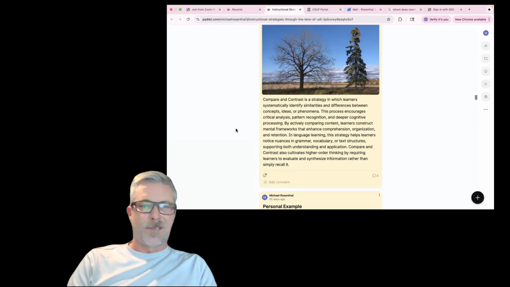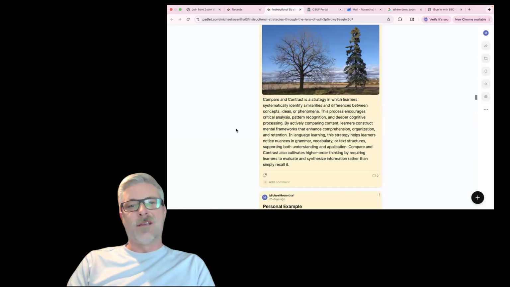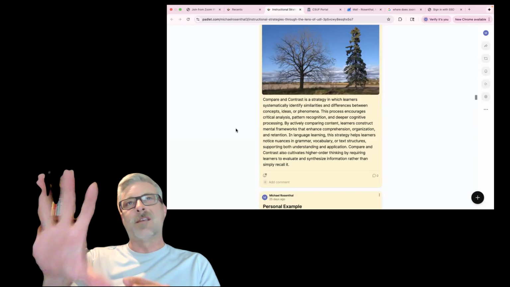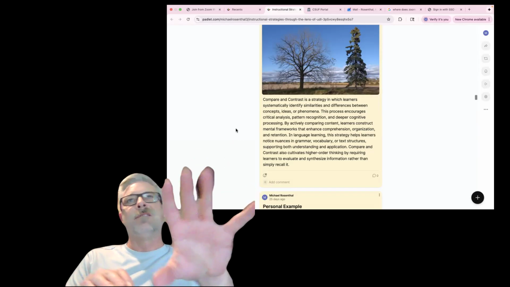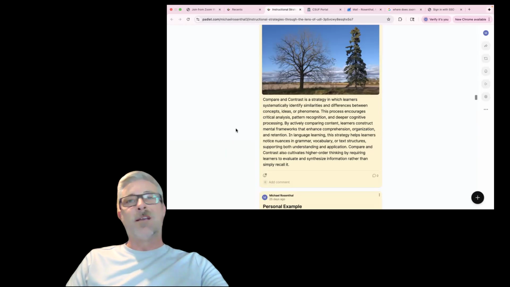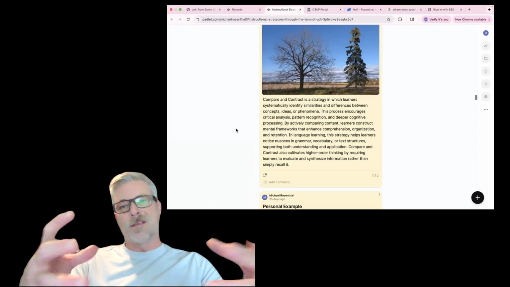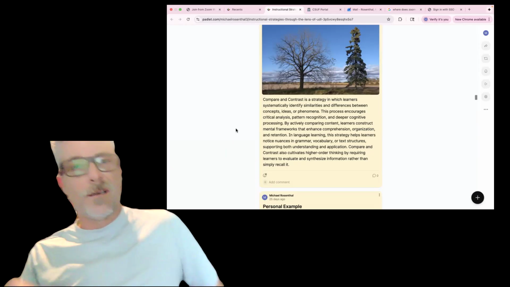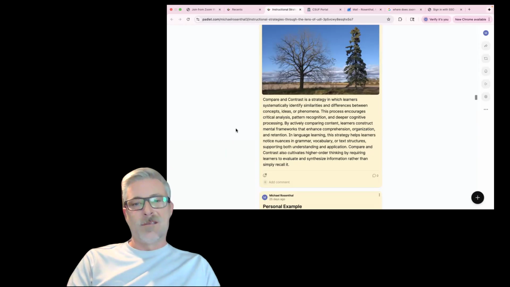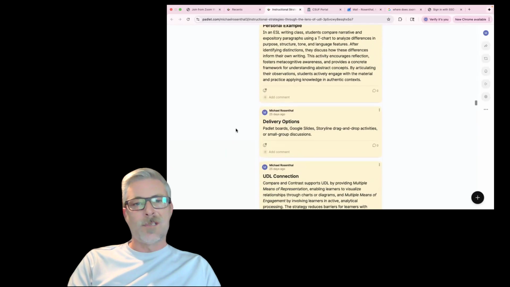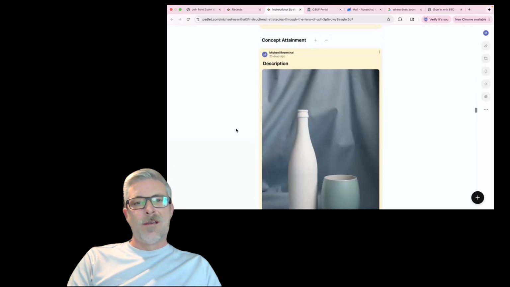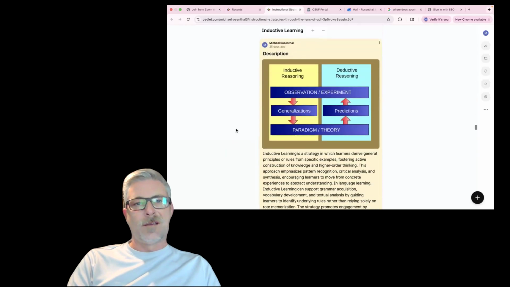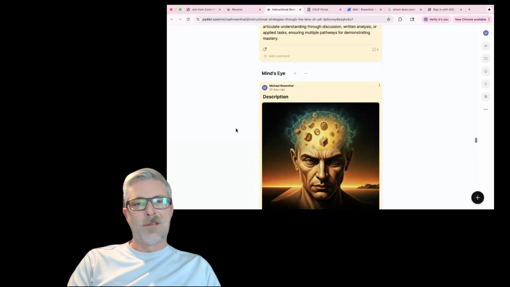So this strategy helps learners notice nuances between subtle differences or subtle similarities between two opposing things or two different things. And it requires them to critically think about those things. So, we have concept attainment, and let's see what else. There was another one that I was